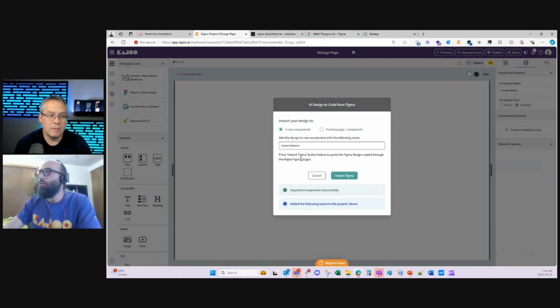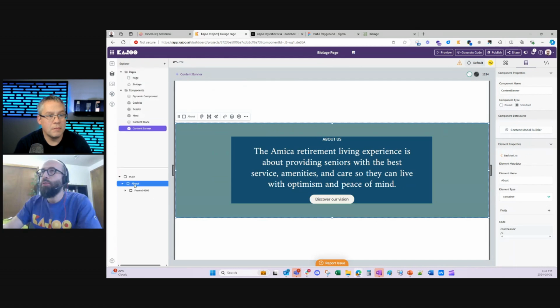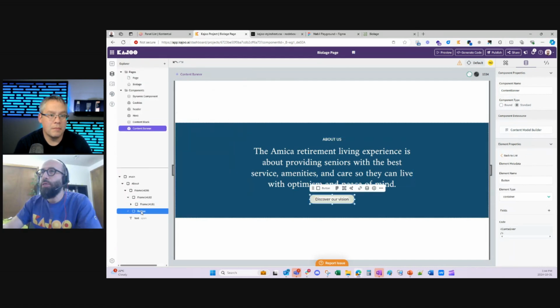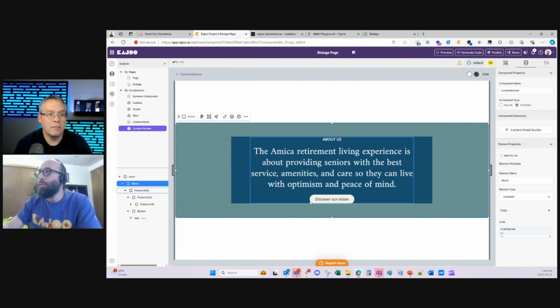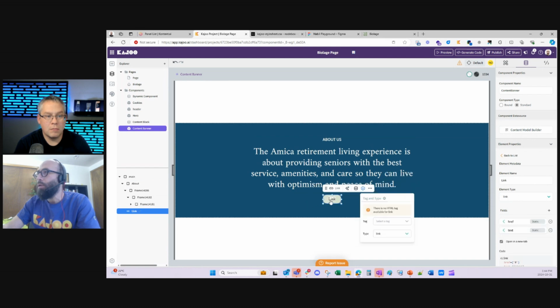And now it's going to convert it. So you can see it's converted, and I have my layers here and my button. And now this design is converted again to the Kajoo Universal Language with full control. So you can see here, for example, I have this button or call to action converted to a container and a text, but I really want it to be a link. I want to convert this and preserve all the styling. So I can go here to the settings and convert it to a link. And Kajoo is smart enough to merge these two elements and make them a link and preserve all the styles.